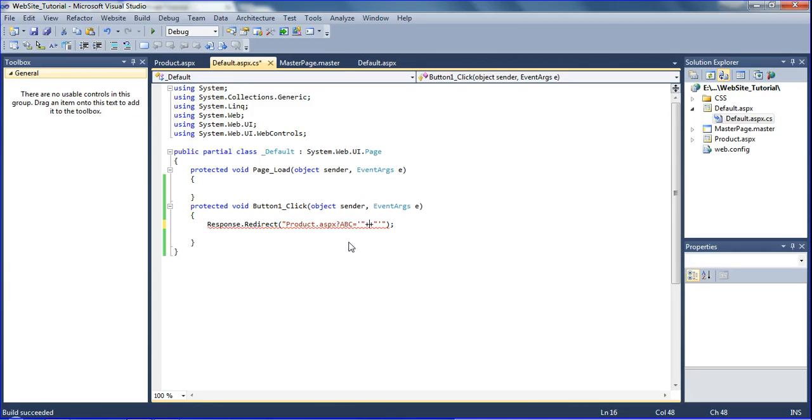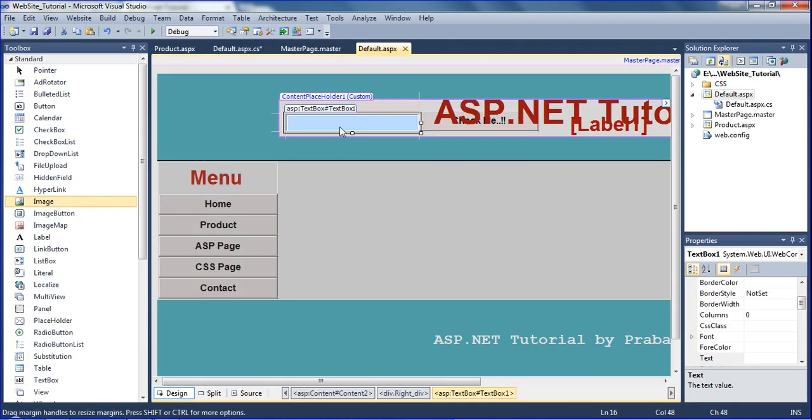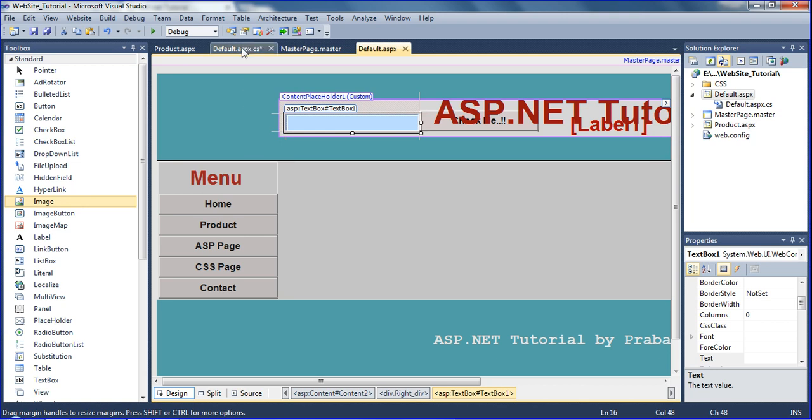So I am going to declare the text box here. What is the text box? The product page, this text box ID, see TextBox1 is declared here. So I am going to use the text box ID, passed here, where I want to pass it in this C#